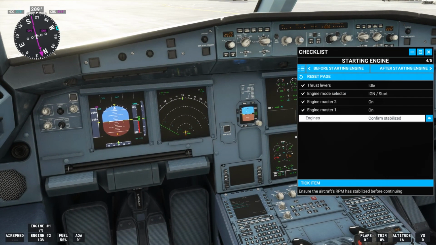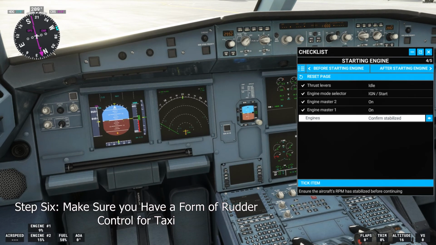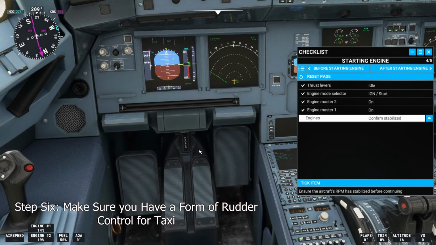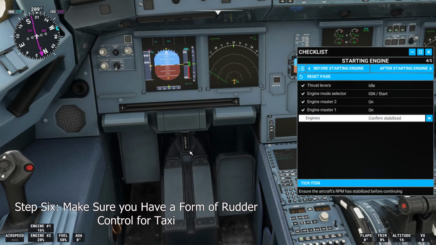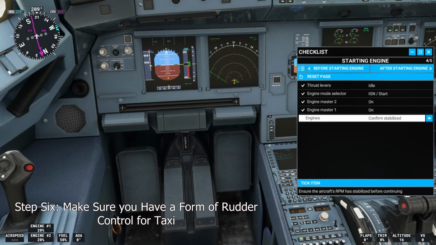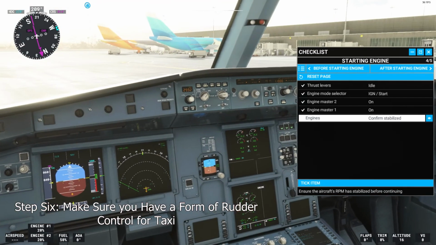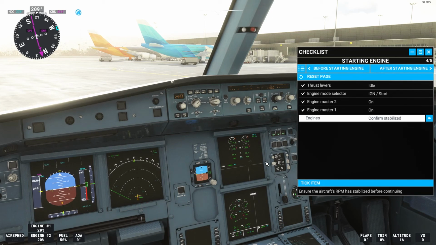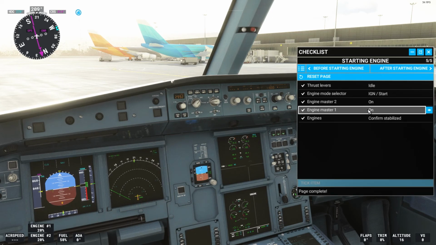At the moment, I have rudder pedals plugged in, and we're gonna need rudder control to control the airplane here. So I'm just gonna do a quick test of the rudder pedals, and looking down here, they are working. So when we are taxiing, you need some sort of rudder control. It might not be pedals, but you need something on your keyboard, on your yoke, that allows you to control the airplane on the ground, or else you will not be able to turn and twist on the ground, which is something that's crucial. Looks like the engines are stabilized, so we'll tick that item off,